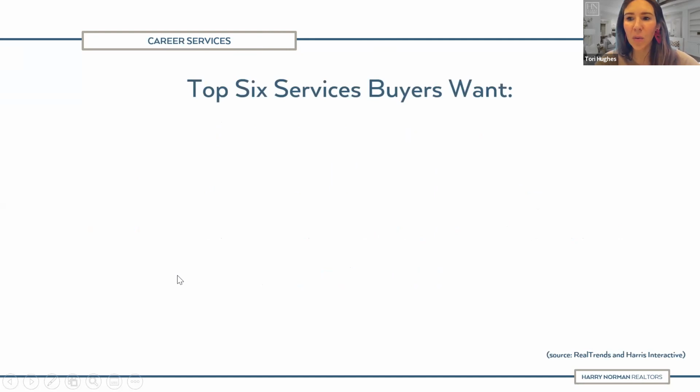So before we start with our steps, I think it's important to revisit the services that buyers want. That's how we can tailor their experience and make sure we're giving them everything that they're looking for. So this is from Real Trends at Harris Interactive. But the top 6 services that buyers want: number 1, they want access to current and active sold data,